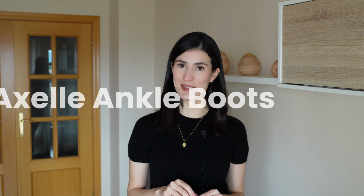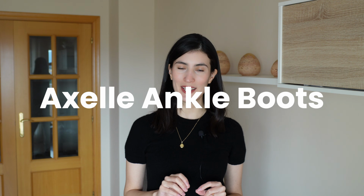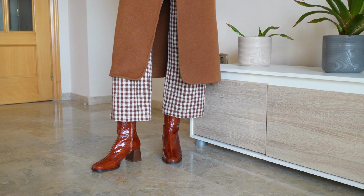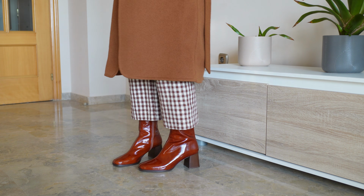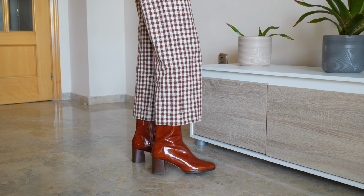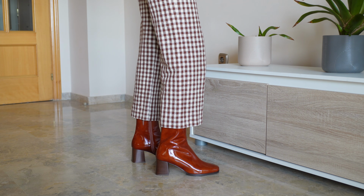They are not soft, but they are not unbearable either. Next, we have the Axelle boots in painted camel, and I've been wanting to try these boots for ages now because I've really been missing a pair of cognac or camel boots from my wardrobe. So I finally decided to take the plunge and order these boots. First impressions, I love the look of them. They have a very 70s vibe, which, to be honest, is a bit out of my comfort zone, but I